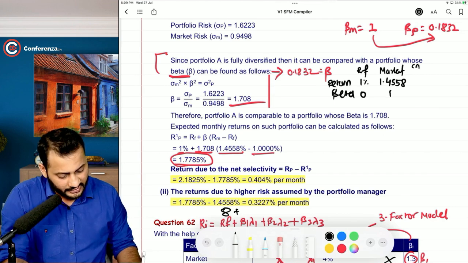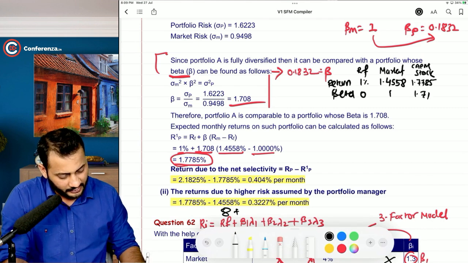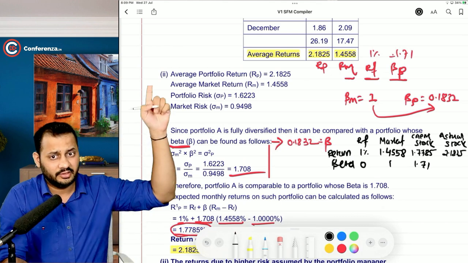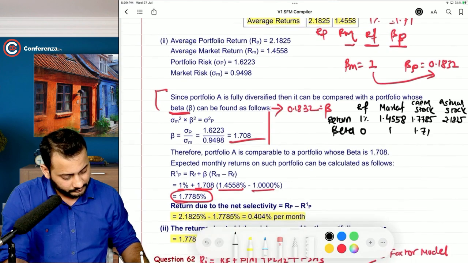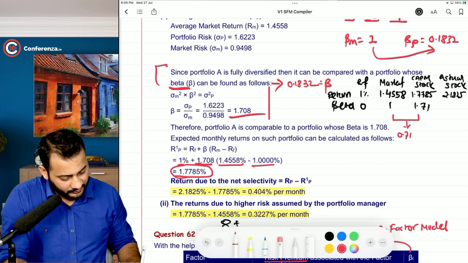When it comes to CAPM, stock's return for CAPM means required rate of return only, it comes to 1.7785 for 1.71 of the beta. And when we calculate the actual return of the stock, it goes to 2.1825 as it has been calculated above. Okay. Now, the difference between this is 0.71, which is the higher risk,